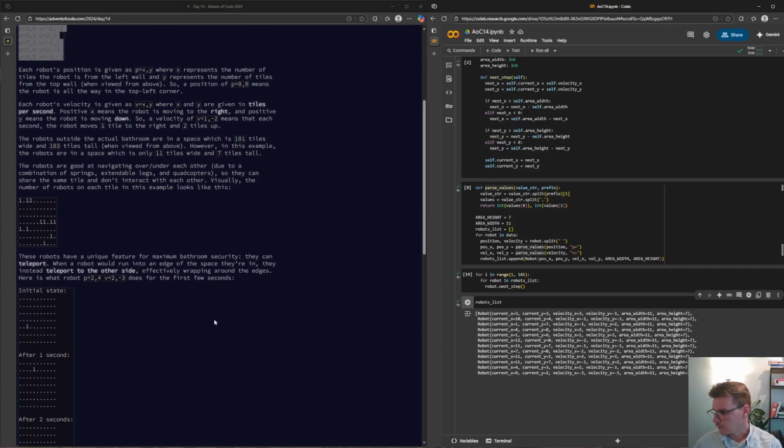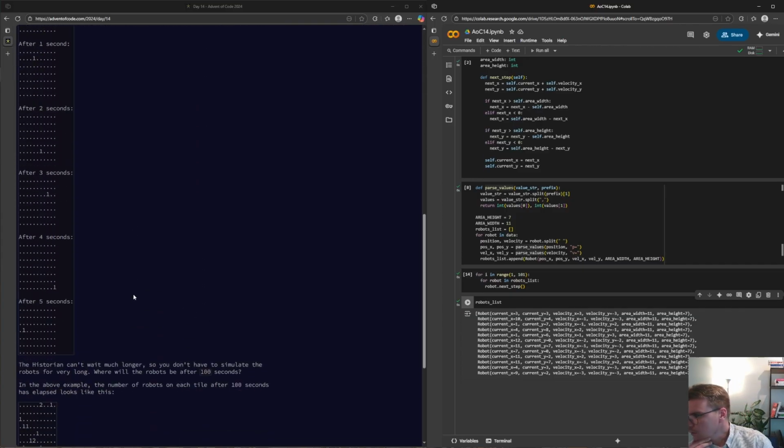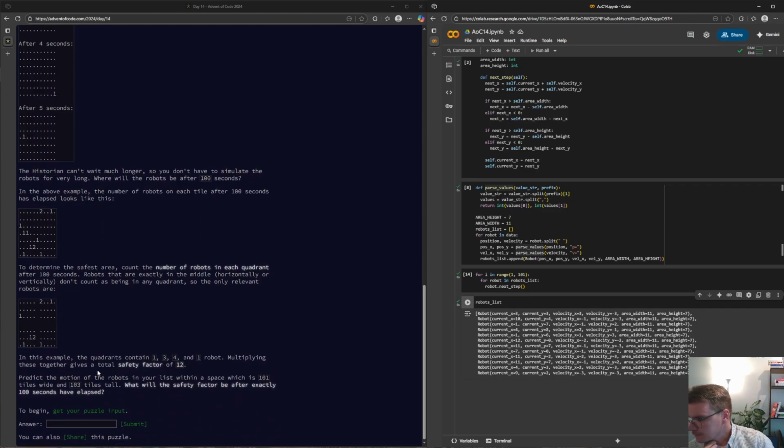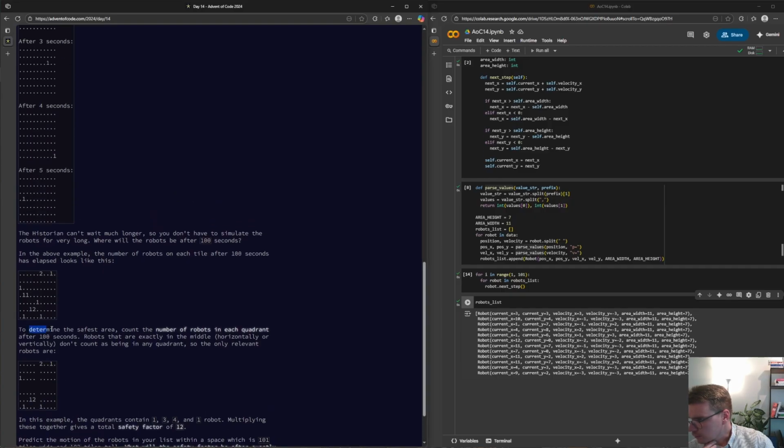Then it was the quadrant. To determine safest area, count number of robots in each quadrant. Okay, so we need to divide the area into 4 sections.